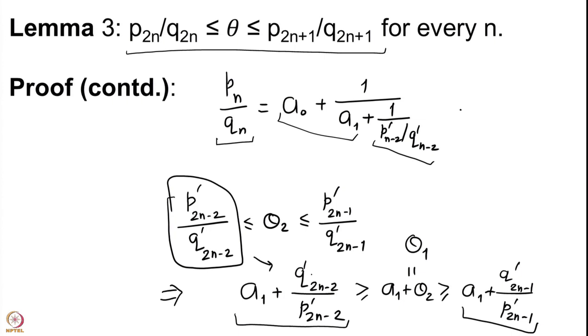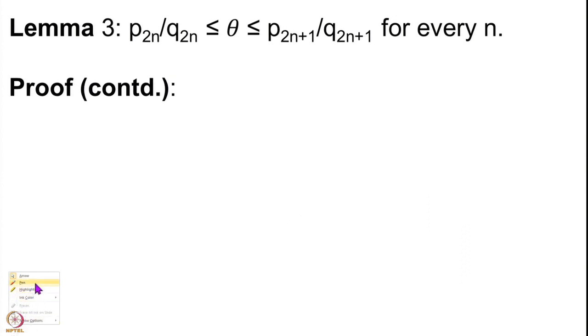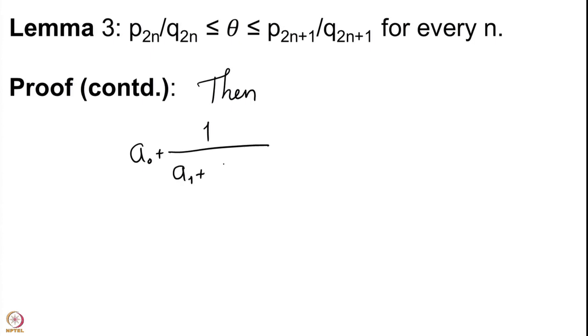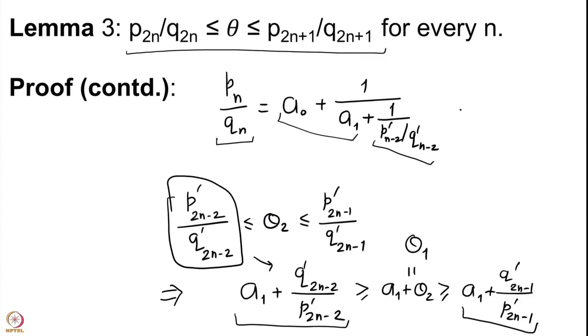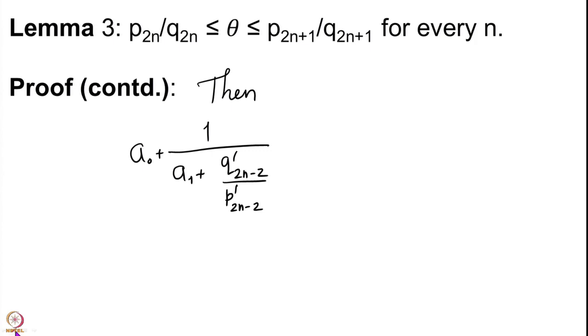We take the reciprocals of these three quantities once again and add a0 to that. a0 plus 1 upon a1 plus q prime 2n minus 2 upon p prime 2n minus 2, which is what we had here, is bigger than or equal to a0 plus 1 upon theta 1,